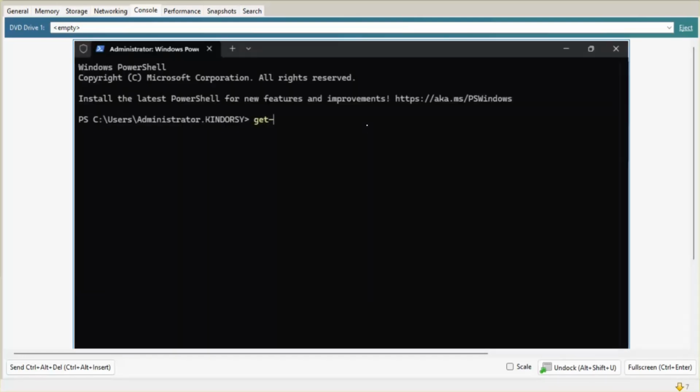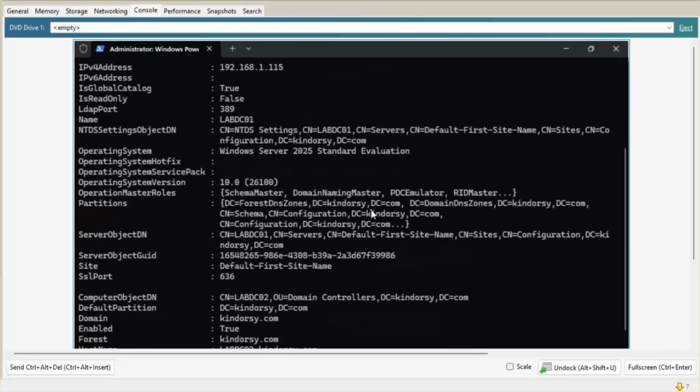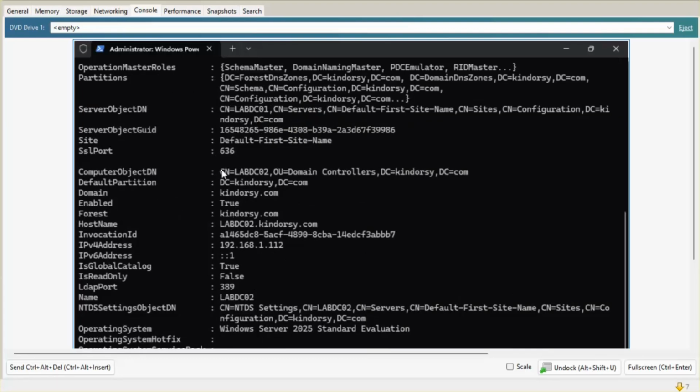So I'll run a command which is Get-ADDomainController, and I'll filter it with a star, and hit enter. You can see that there's heaps of information that's come out. You can see that LabDC01 was my initial domain controller, and it has all of the information like what forest level it is on, what's the IP address,